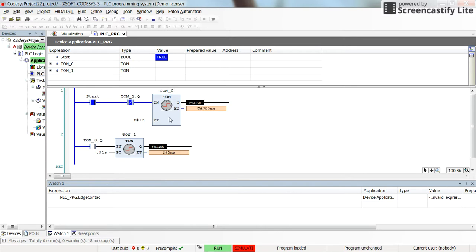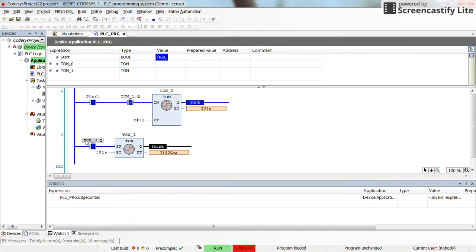So this is how it works. The timer number 0 receives signal from the start, which is turned on. We don't care about it, and it receives the output of timer 1. So at the beginning, the output of timer 1 is false, and since here we have the negated case, we will have true. So right at the beginning, the timer number 0 will start timing. After it reaches 1 second, its output will become true. However, its output was false beforehand, so the timer number 1 was receiving false signal, and its output was kept false. As soon as the output of timer 0 becomes true,